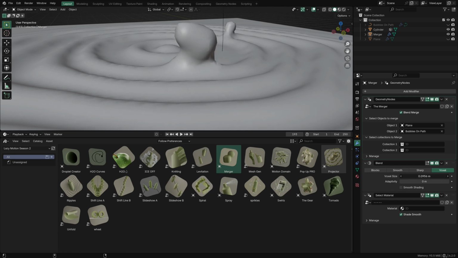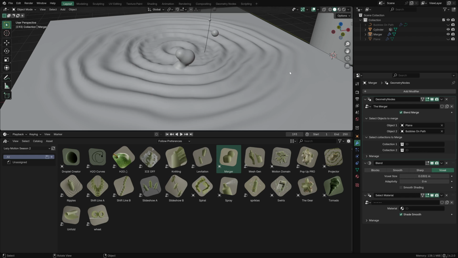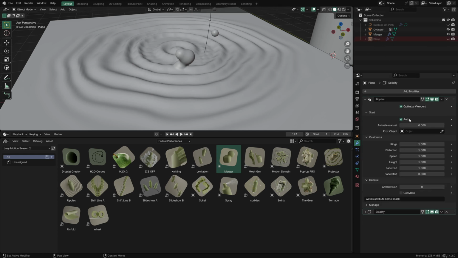So if I just bring it down, it will make it a lot smoother, but keep in mind you have to hold shift while doing this so you can slide it precisely. So 0.03 seems pretty nice,